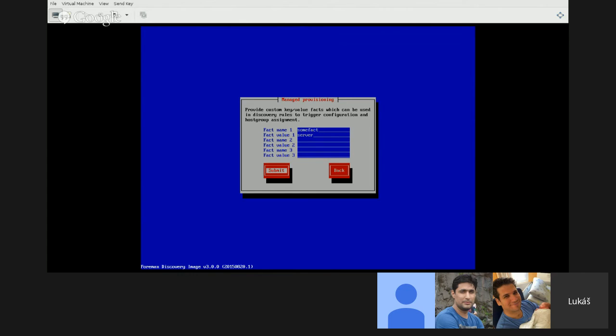And now the most interesting part: once I hit submit, the discovery node will send facts together with those user facts. It will be fast, so I'm describing this. It will trigger the auto provisioning if that's globally turned on, which I made sure it is. Then it finds a rule according to the facts we provided, and then it will initiate a reload, reloading the kernel into the installer. So I hit submit, and in a couple of seconds we'll see this